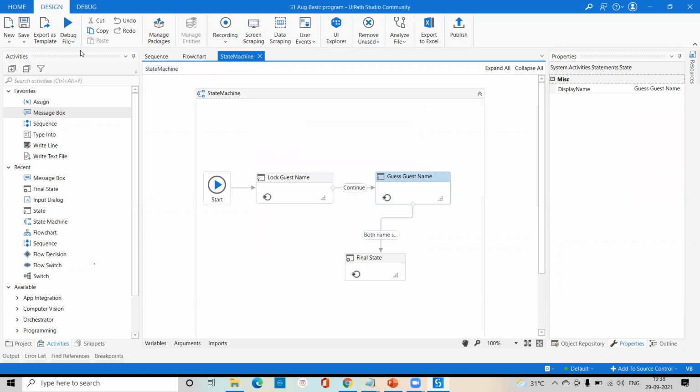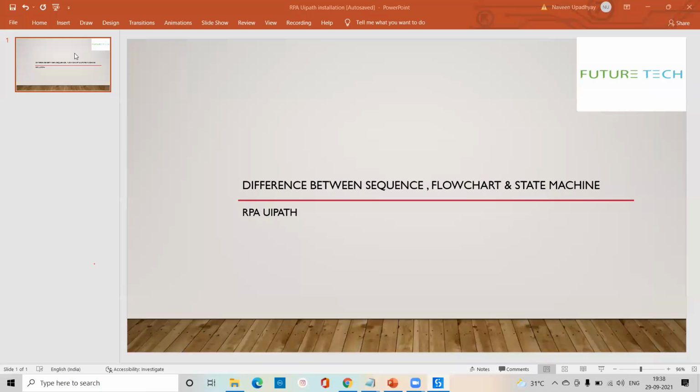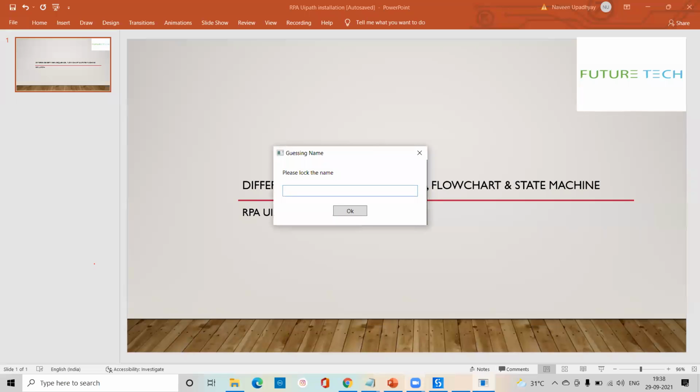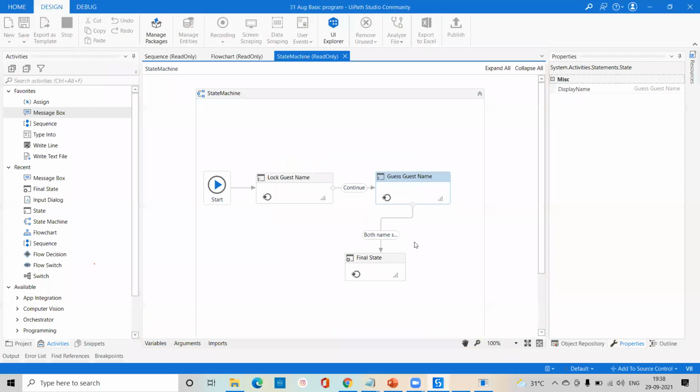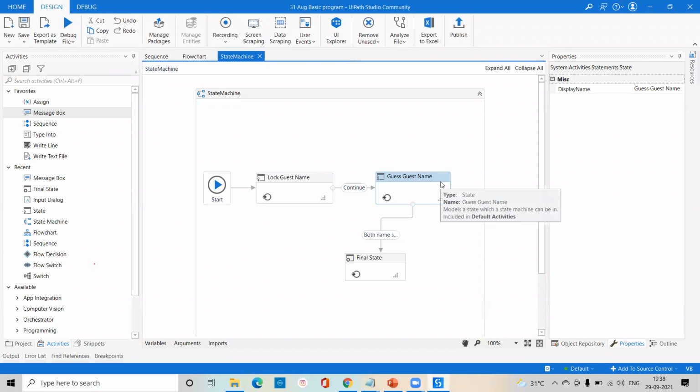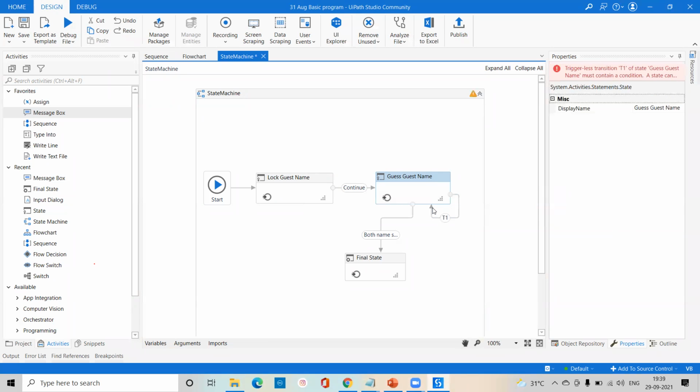In this case, we'll try to add one more code also. Why? Because try to understand if I'm going to provide this data. Let me close this program and show you these things. If I'm not getting the same data, meaning one for locking your name and second for guessing your name, I'll go this way, in reverse.